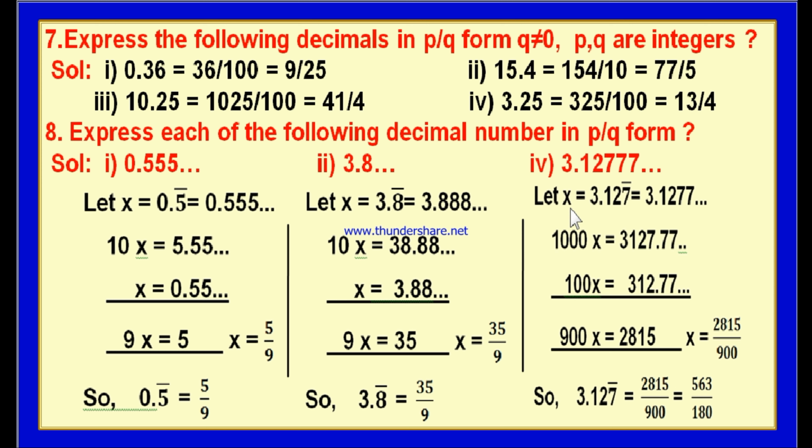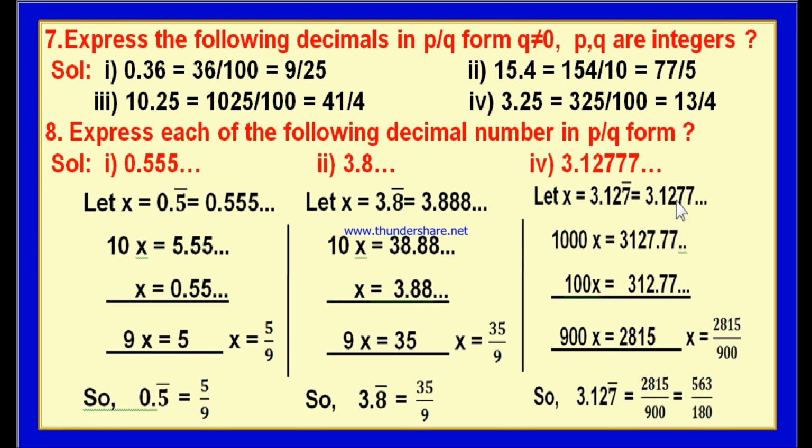Now later you cannot write x directly here, because you see there are 2 decimal places without recurring. Therefore you multiply this with 100. In the previous cases there is no decimal place without recurring. In such cases we wrote the x value straight away and subtracted. But here in this case there are 2 places without recurring. Therefore multiply this with 100. 100x is equal to, 100 means 2 zeros. Therefore you move the decimal to the right-hand side by 2 places.